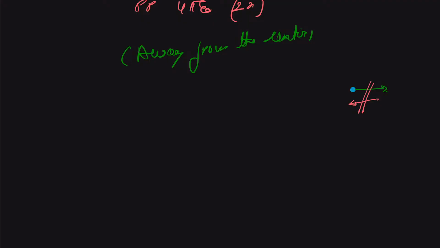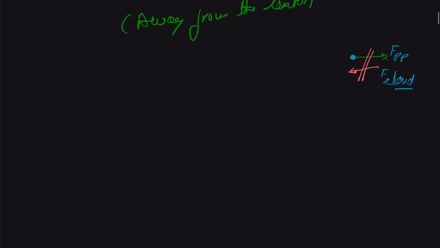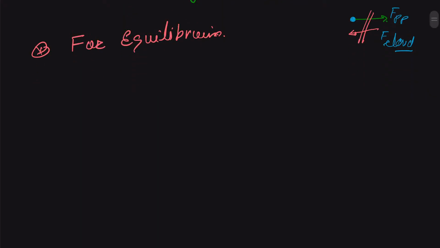opposite direction. Okay. Therefore, for equilibrium, the force due to the cloud, or we can say electron and proton, should be equal to the force between the proton and proton. So this is our force between proton and proton, and this is the force because of the cloud. Therefore we can say that for equilibrium, our force because of the cloud